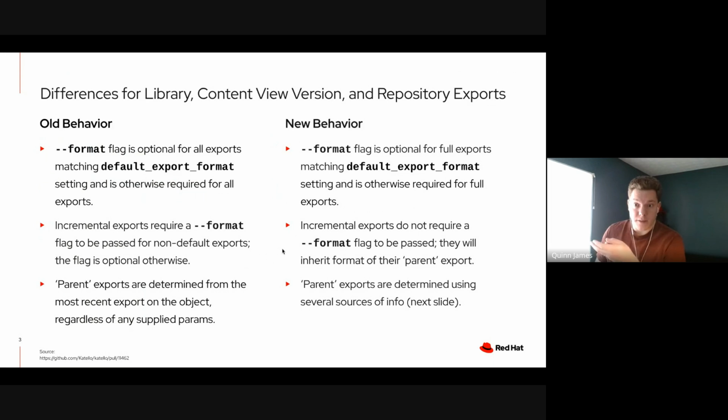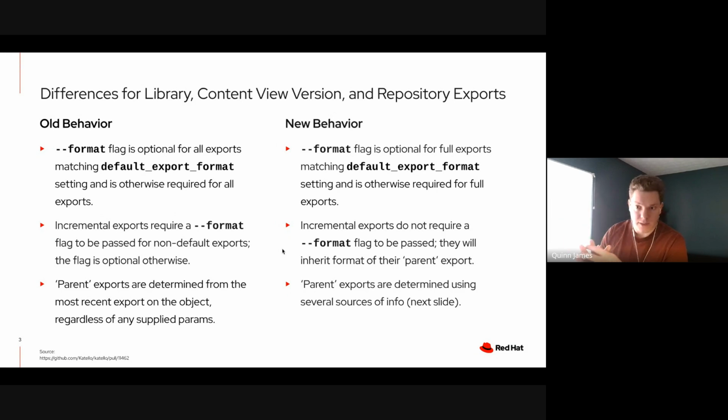There are 3 types of content exports that you can do inside of Katello. You can export the library, you can export a content view version, or a repository. And all 3 of these are changing as of Katello 4.18.1. Before, we required you to pass a format flag, --format, if the format didn't match what your default export format setting was in Foreman settings. So the default was importable, I believe. So if you wanted to export as syncable, you needed to always pass the --format syncable flag, and